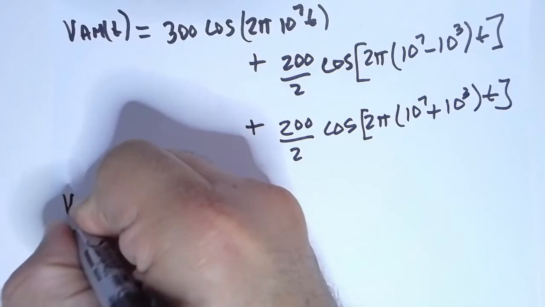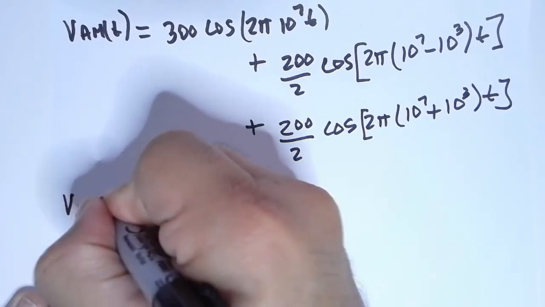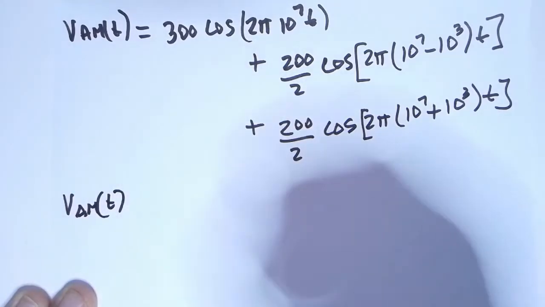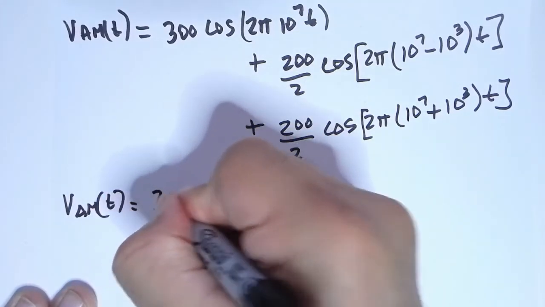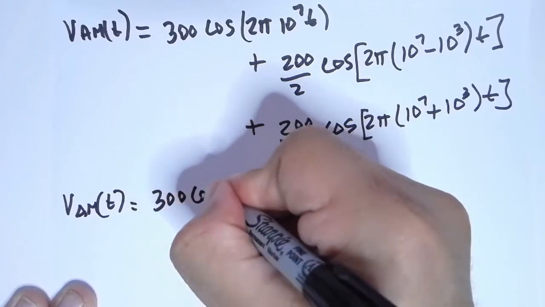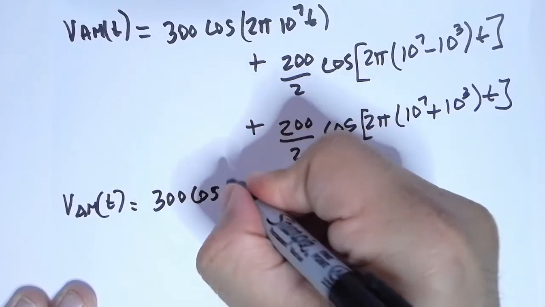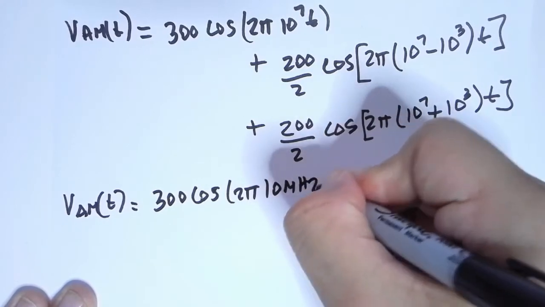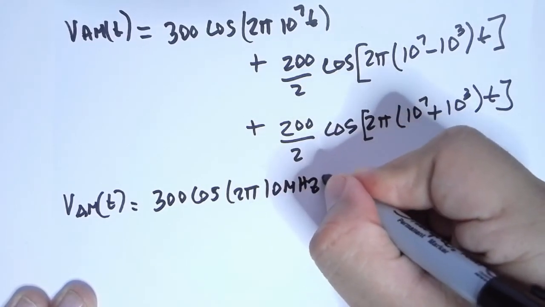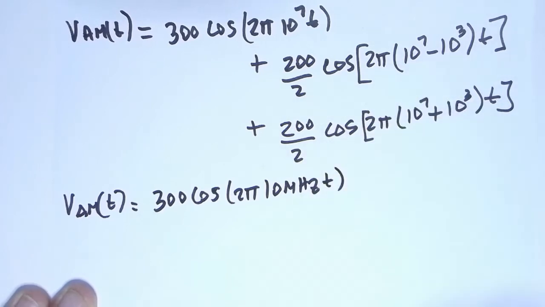So we have the amplitude modulation signal is equal to 300, the carrier, 300 cosine of 2 pi 10 megahertz times t